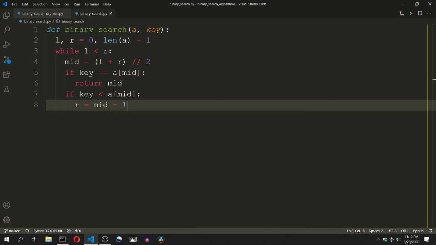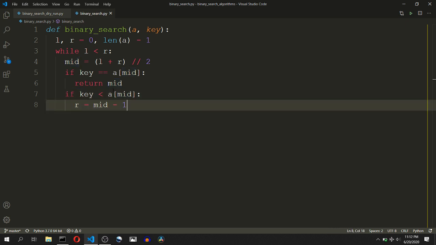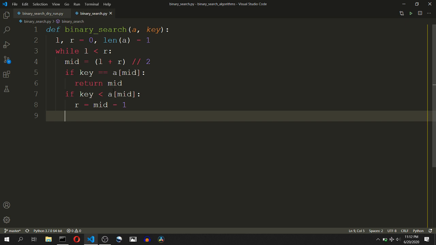Here I'm using a minus 1 as the middle element is not fruitful to us now because it is not equal to the key, because that condition became false and thus it entered this if condition. So we will change the right bound to mid minus 1. By this step we have completely eliminated the right half of the array and divided the size of the array to half. This is the essential step for the divide and conquer paradigm.